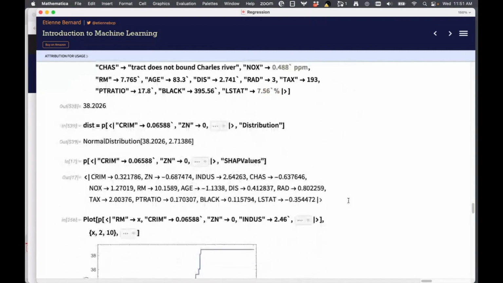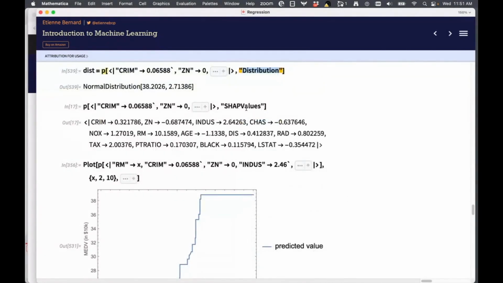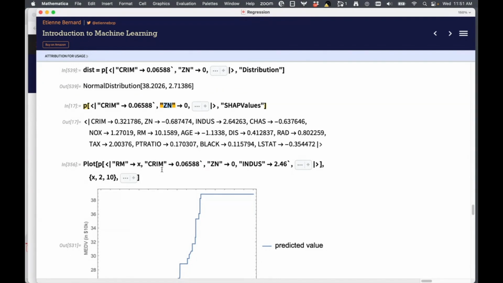All right, so just like the previous model, you can also get the distribution, but one more interesting thing, and we've seen this for classification as well, is the SHAP value, which gives you an idea about the importance of the feature. So I can look at features like crime, which is probably the crime rate, and the zone, and I can ask for the SHAP values, and I can see how important that feature is in this prediction.